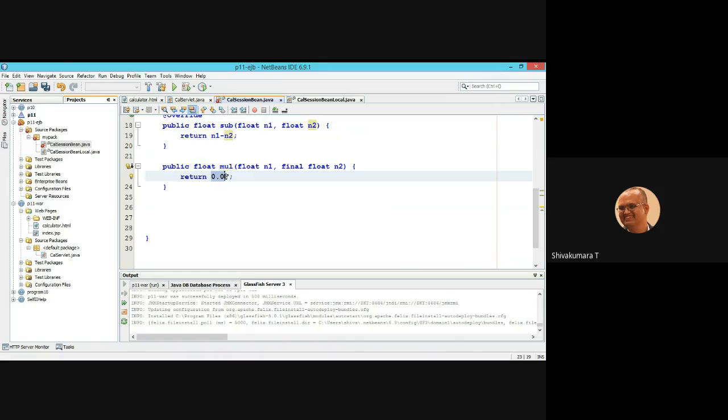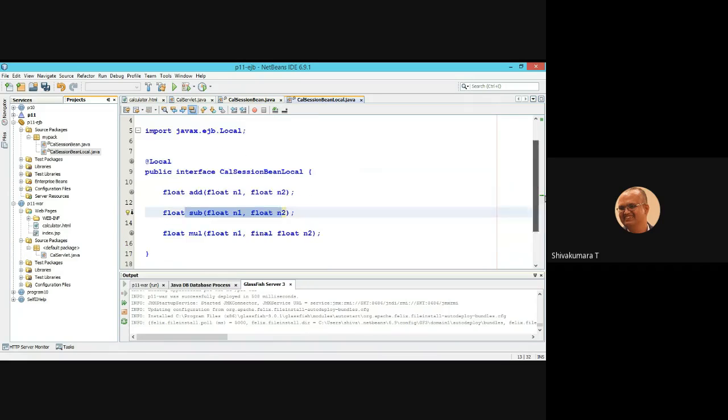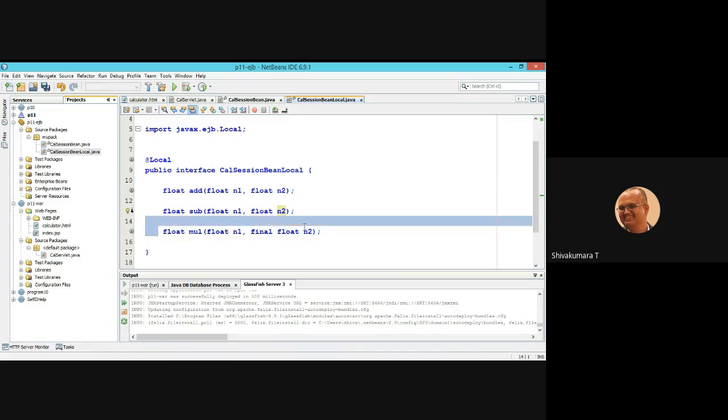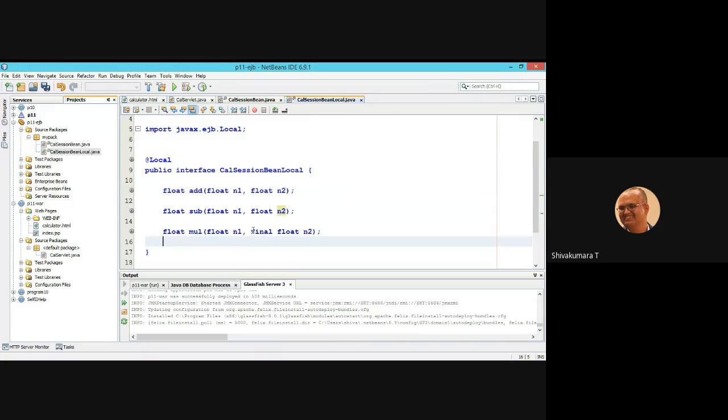So what is the logic? n1 multiply n2, add override, then you can look into your interface. The third is added. Oh, it is selected as final. Okay, not a problem. Then you change to float itself. Final is not required.